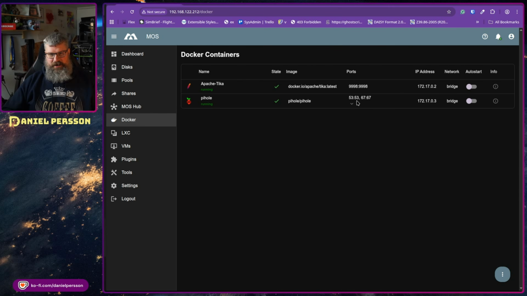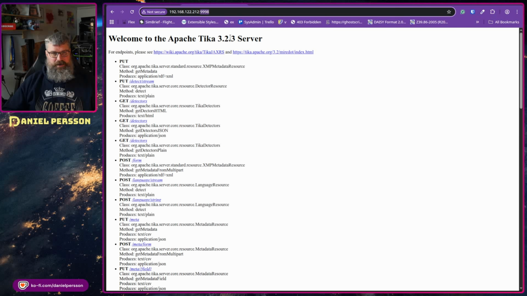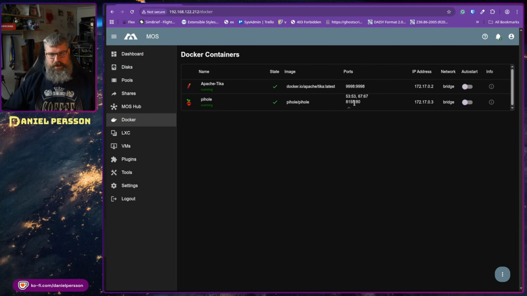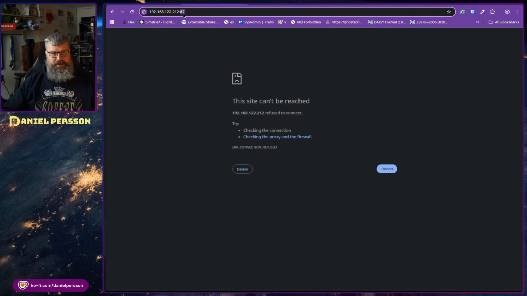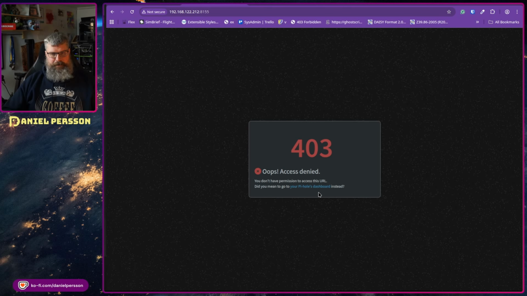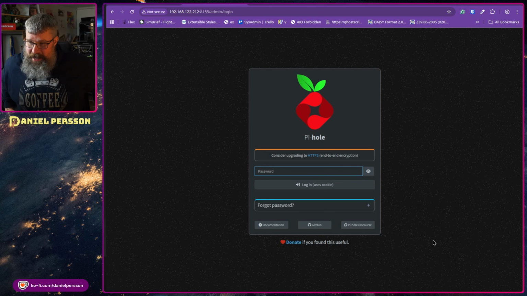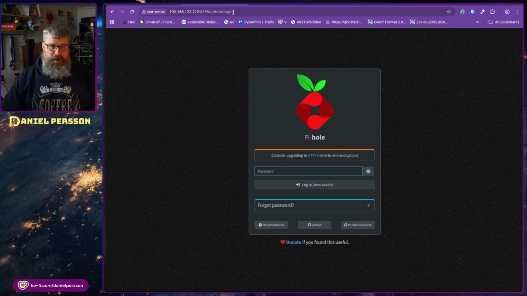Let's see if we can do the same for a Pi-hole here. So we have a Pi-hole that has port 67. Why 67? Nothing there. Yeah, we have port 8155. Let's see. Yep. Access denied. Go to the dashboard. So here we can go and log in. So I could install a Pi-hole. So it's pretty capable, I would say. You can do a lot with this